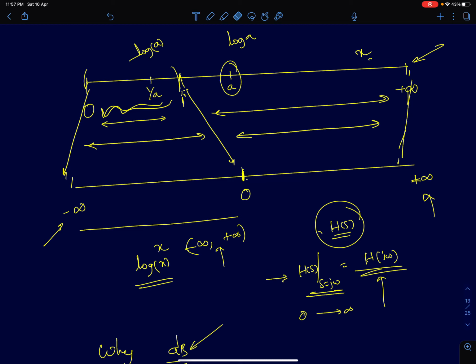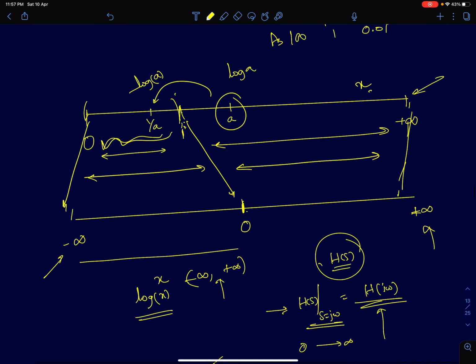And we also said for every value a, which is greater than 1, I can find a corresponding value 1 by a, which is between 0 and 1. And if you take log of a, the log of 1 by a is simply minus log a. So for every positive value from 1 to infinity, I can find a corresponding negative value in the